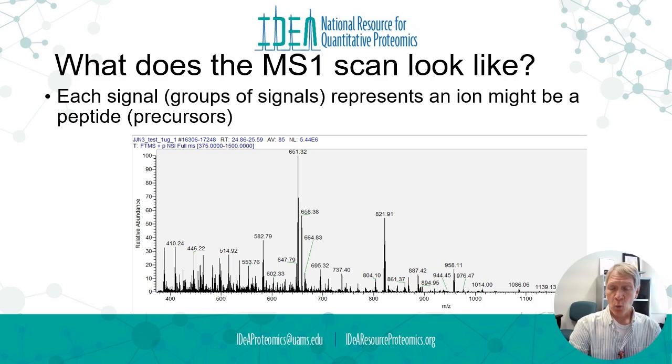So if we look at that one peptide here and we run a scan, at that one point in time, we might see this happen. We might see a group of signals here. So we have M over Z on the bottom and we have relative abundance here. And so these are the signals that all came out at that one moment in time. And each one of these guys could be a peptide. That could be a peptide. That could be a peptide. We want to look at all of these, but especially we want to look at that big guy up there,